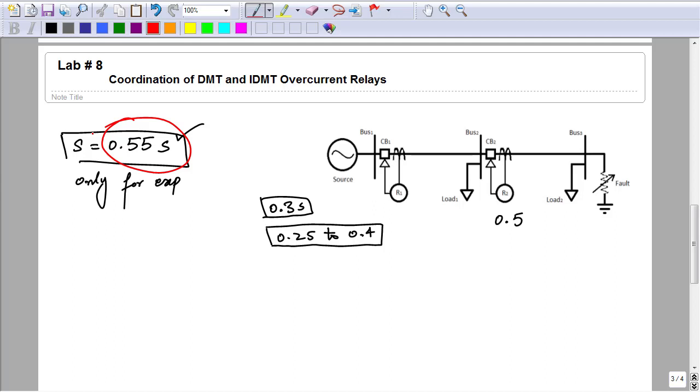So coordination means if a fault occurs at bus number 3 over here, this fault will be seen by both relays R1 and R2. Only R2 should operate for this fault, because R1 is backup. It should not operate for this fault unless R2 fails. If R2 fails, then R1 will open its circuit breaker to clear the fault, but this time outage will be